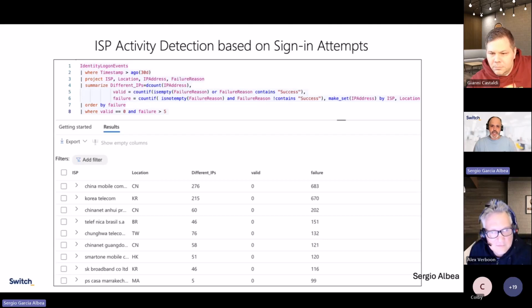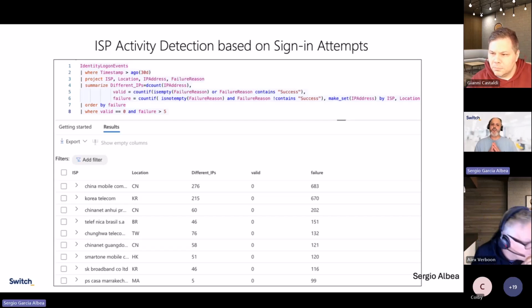And as you can see, basically, I differentiate with the failure reason field. If it's success, it counts as valid. If it's not success, it does not count as valid. You can add more value to this KQL query. In fact, I have other ones because there are not-success results that are not failures, which can be used with multi-factor, and can be other ones. But just to give you an example,